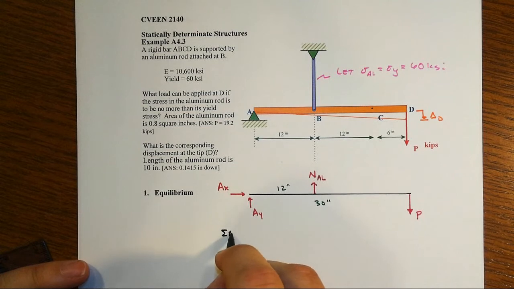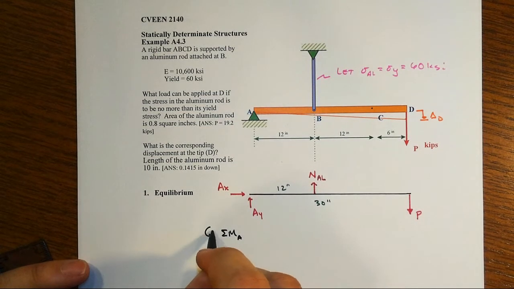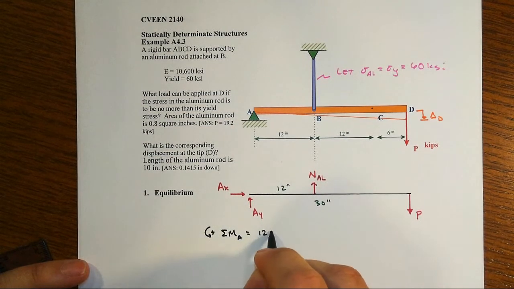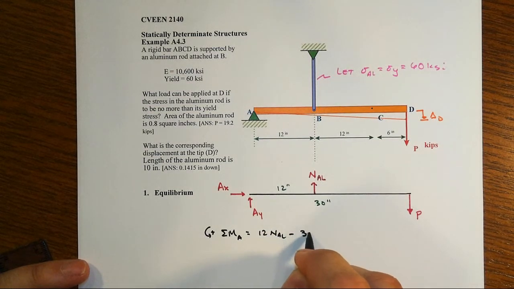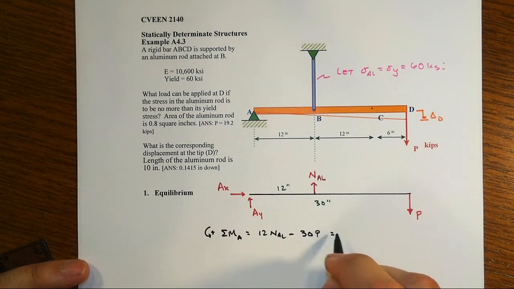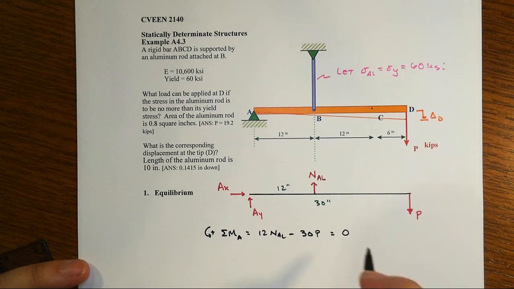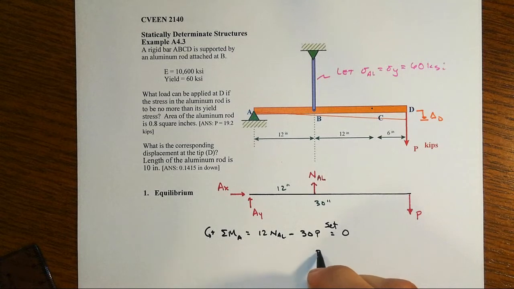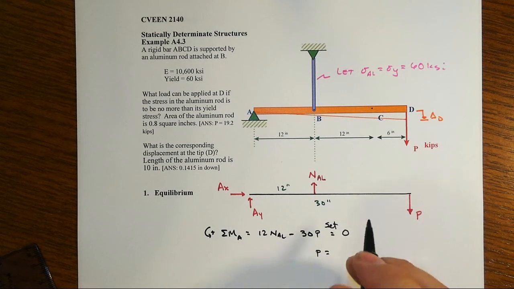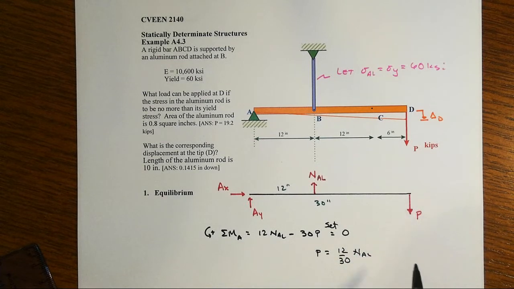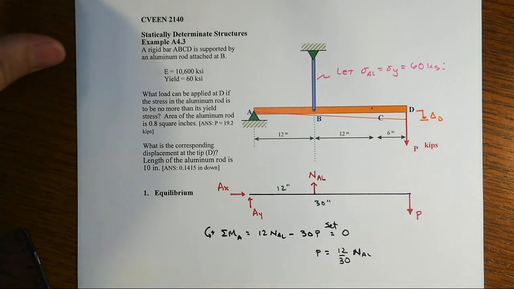We take some moments about point A. Let's take counterclockwise positive. We get 12 times N_AL minus 30 times P, and of course it's static equilibrium, so we'll set that equal to 0, and we find out then that P will be equal to 12 over 30 times the force in the aluminum rod. Right, now we're trying to find P, so that's why I solved it this way, and we're in a condition that says that the